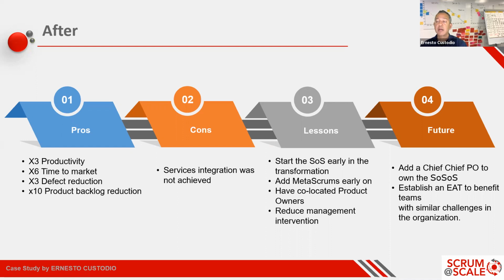We would have established an executive action team earlier in order to bring the benefits of these SOSs to other SOSs. And we would have placed a Scrum Master in the SOSOS as a representative to be able to facilitate the linear escalation or the linear scaling,